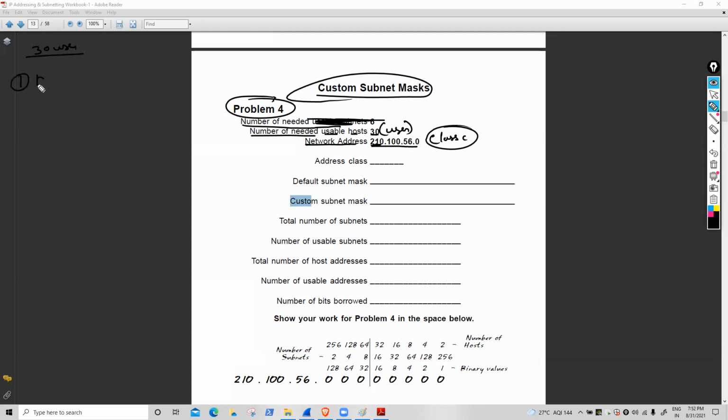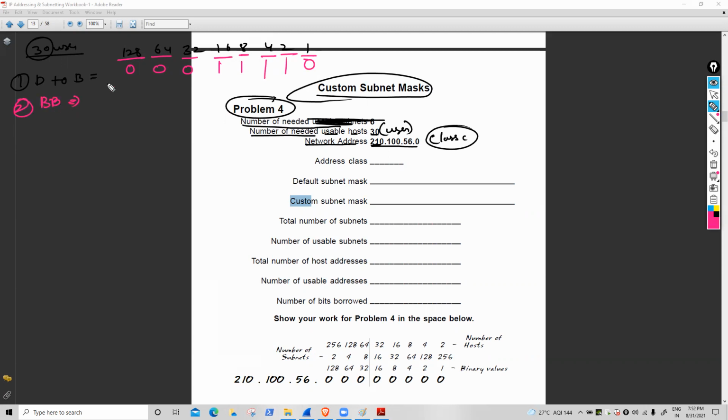So the first task is D2B, decimal to binary. For 30 users, a very simple trick. 128, 64, 32, 16, 8, 4, 2, 1, and the remaining is 0. Right now, the second task: borrow bits.